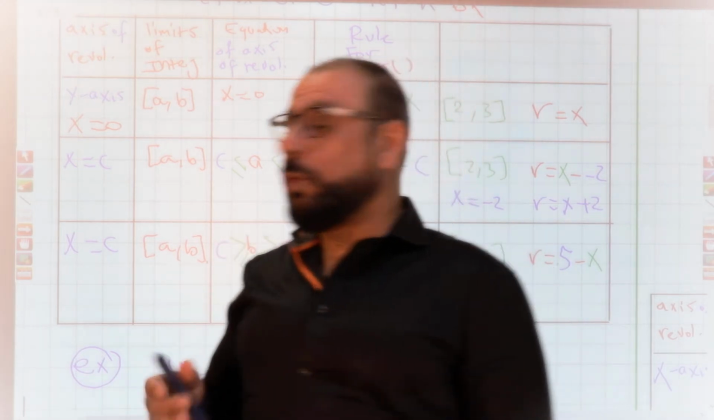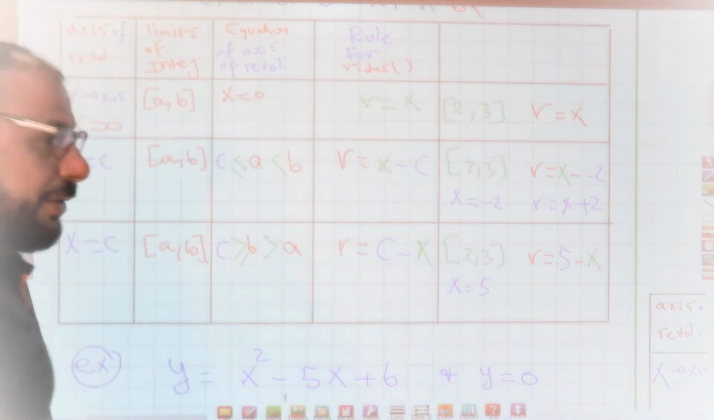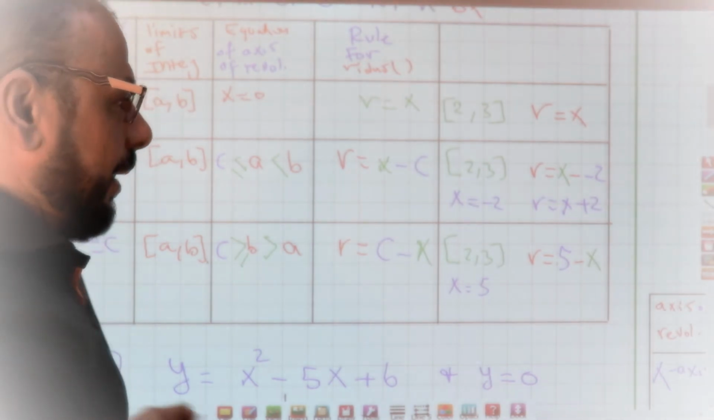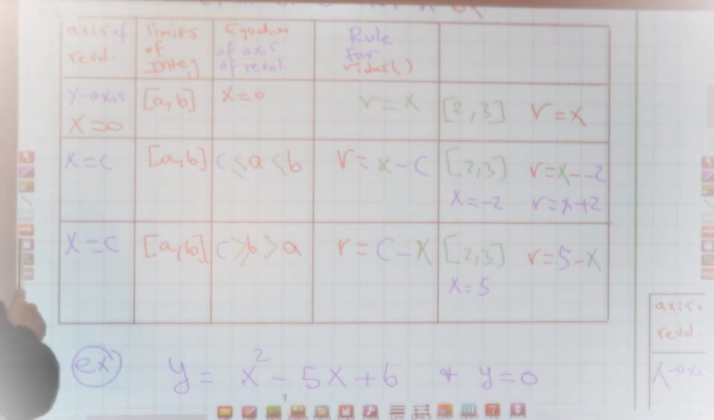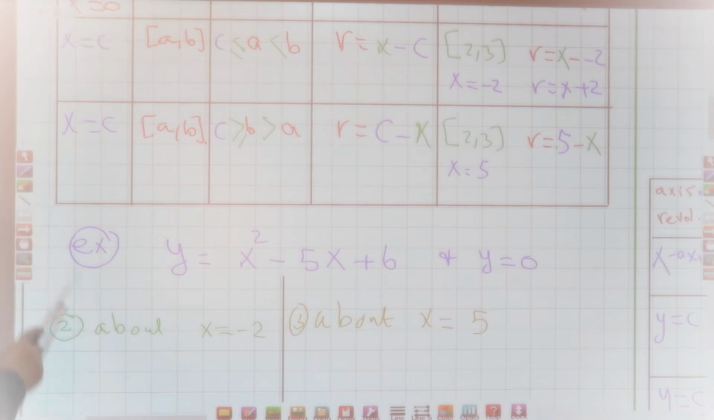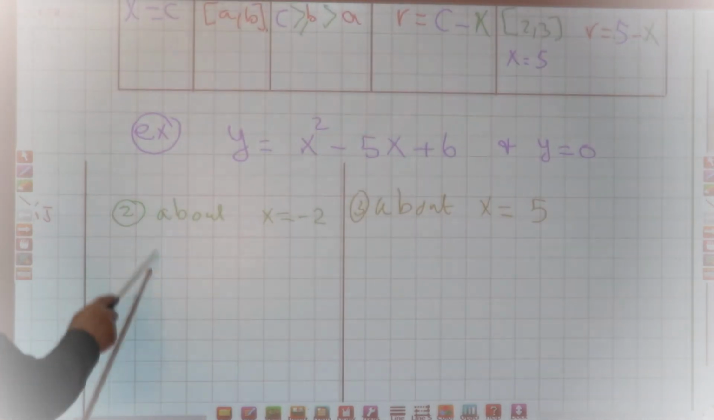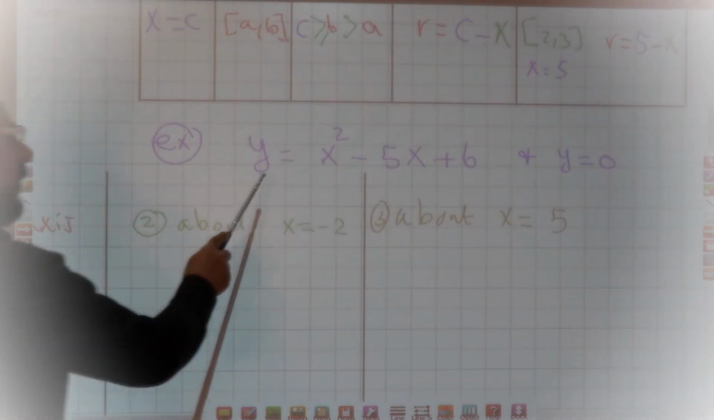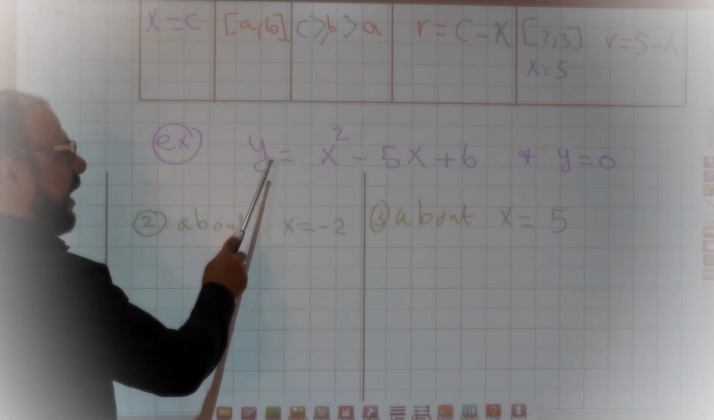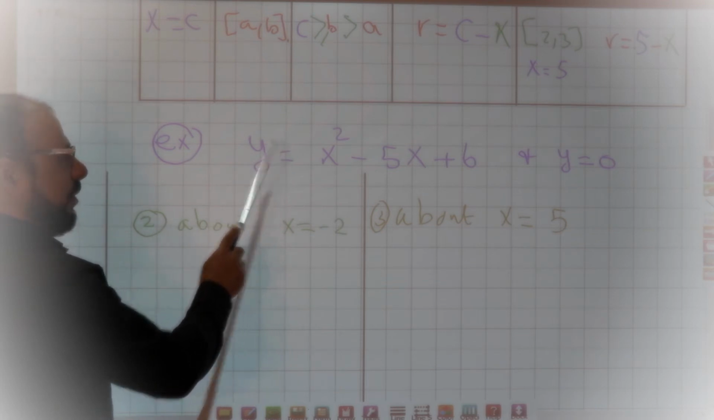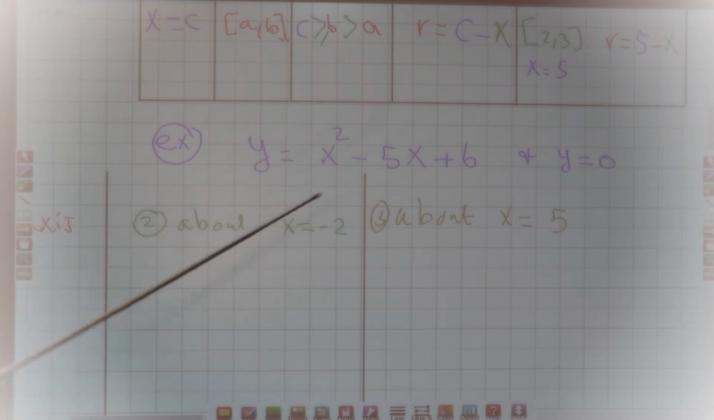Let me just show you one example. I did this yesterday. Now, today, after I finish this example, I will go to the other part of revolution. Look here. We have two functions. I need the volume of revolution